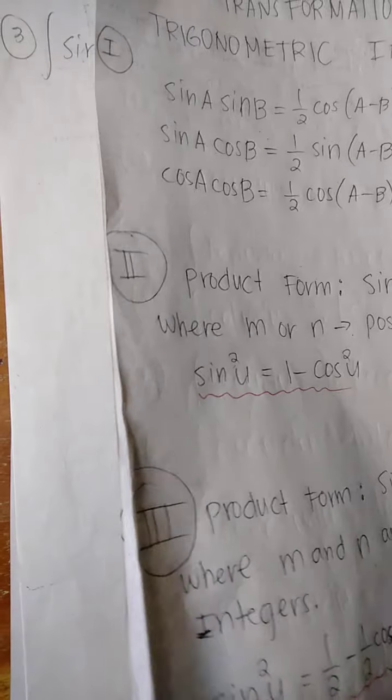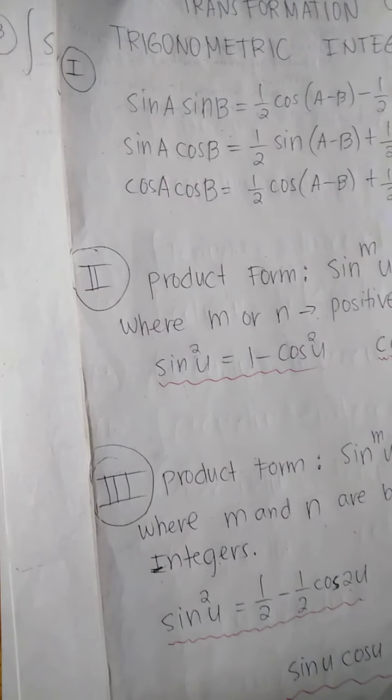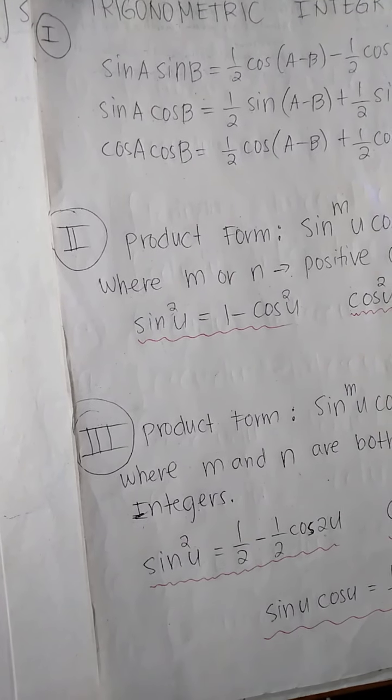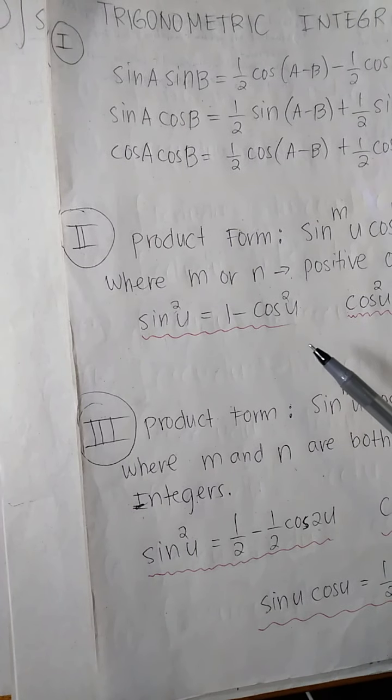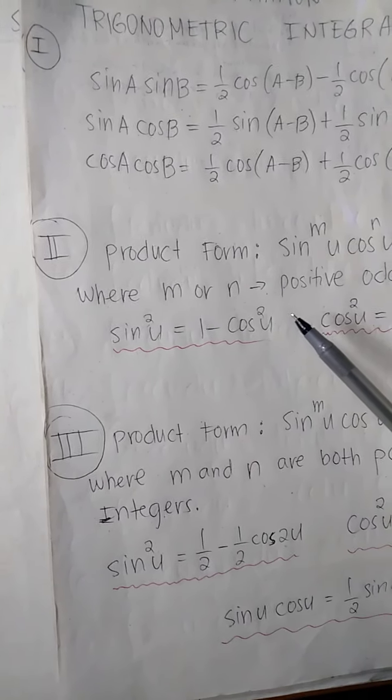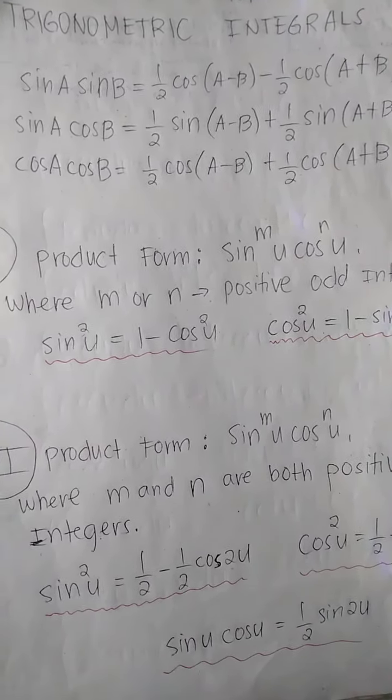Okay, so let's move to our next problem, problem number 3. Now guys, if we notice, the product form of sine and cosine has an exponent. Your sine is raised to the third power, and your cosine is to the second power. So in this case, if we look at our trigonometric transformation table of integrals, it will fall under case 2, which is